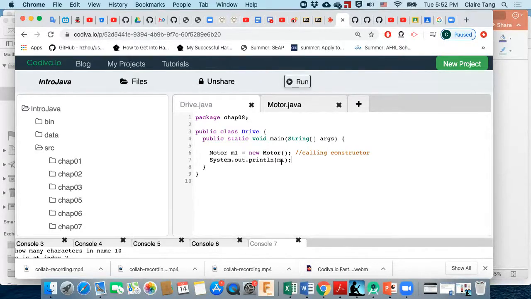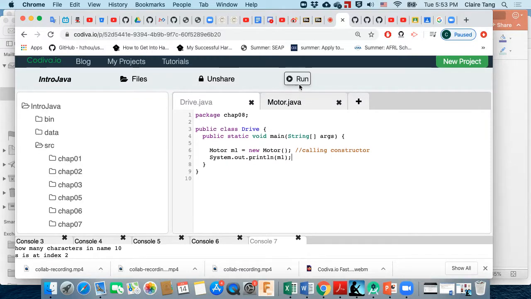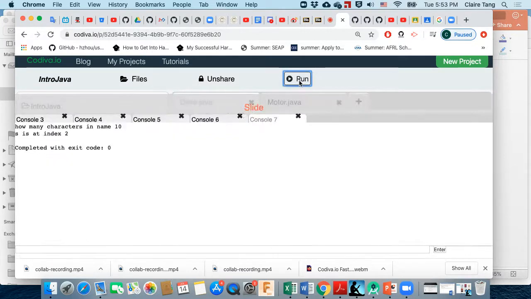This pattern looks familiar. It's like Motor is the type, and M1 is like a variable, but this is not a typical variable. It's actually an object, and we can print this object's information by simply putting it into the println parentheses, and then we can print the information out. It should print out the information saying motor power equals 0. So if we run here,